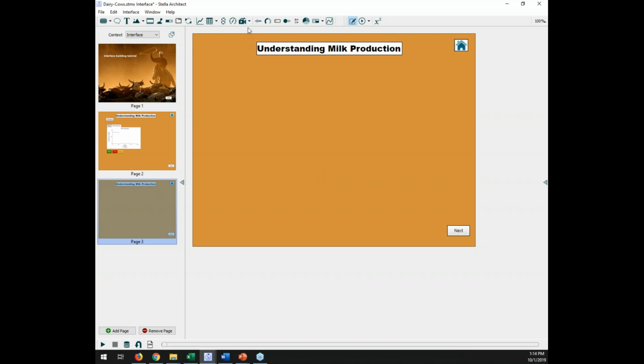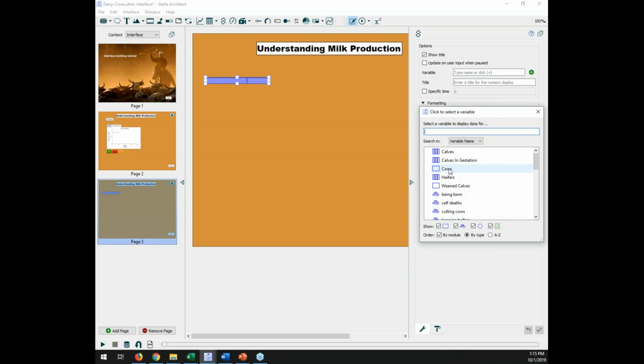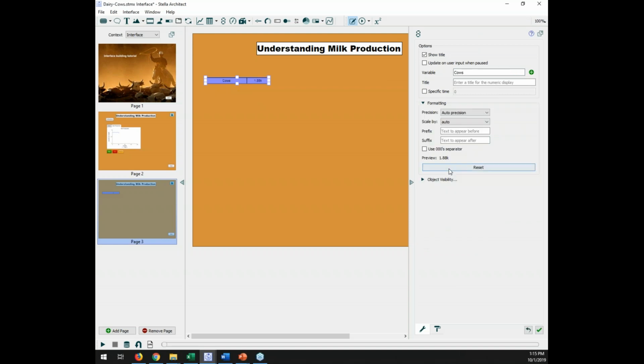So if you notice up here that there are little bars that are separating the toolbar, these kind of help you separate what the tools are used for. So everything in here, those are all output devices. They will show you what's happening in the run. So we're going to select the numeric display, and we're going to drop it anywhere. And you can see it comes up in this fabulous purple color, and we're going to go into it. And for this one, we're just going to say the variable we want to pay attention to is cows. So we click the green plus and select cows, and you can see that it shows right up,